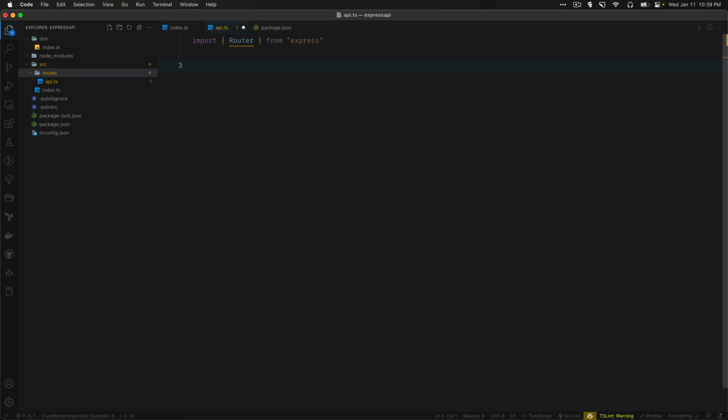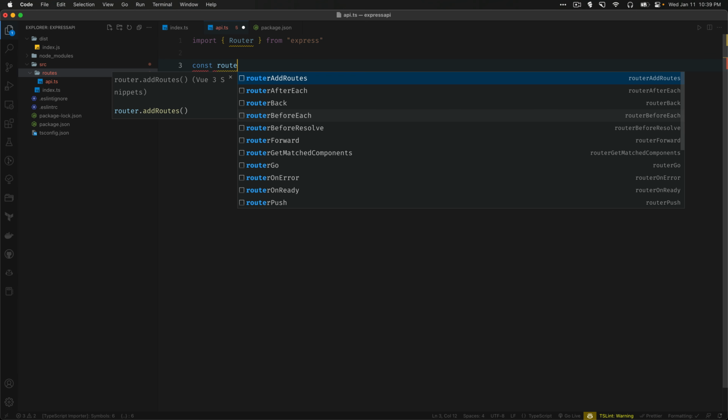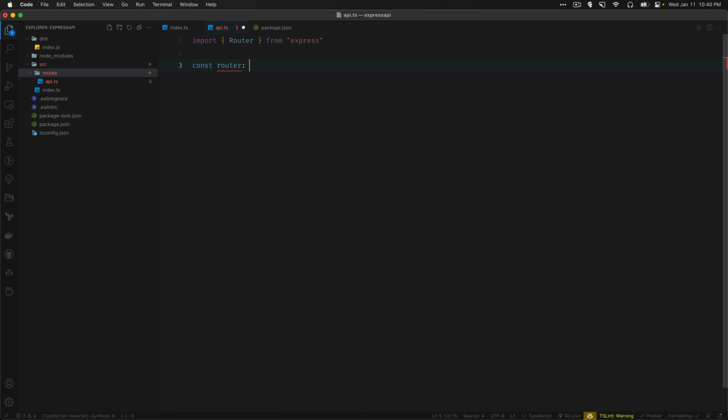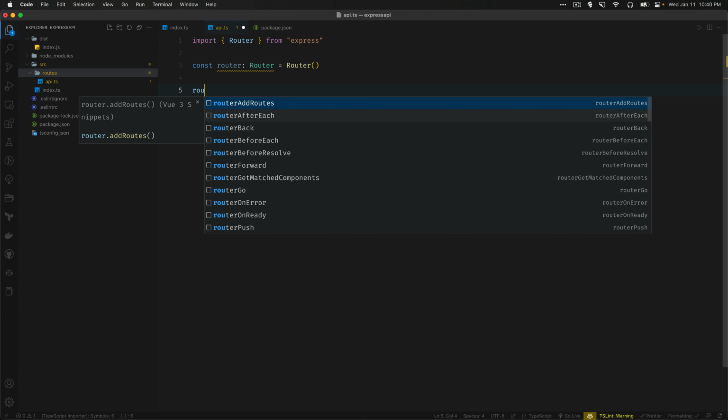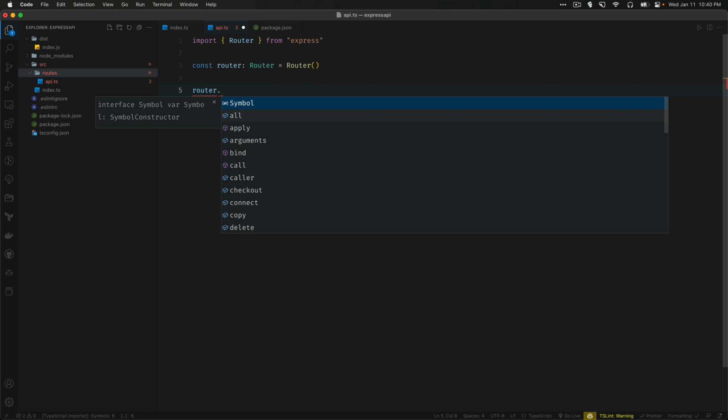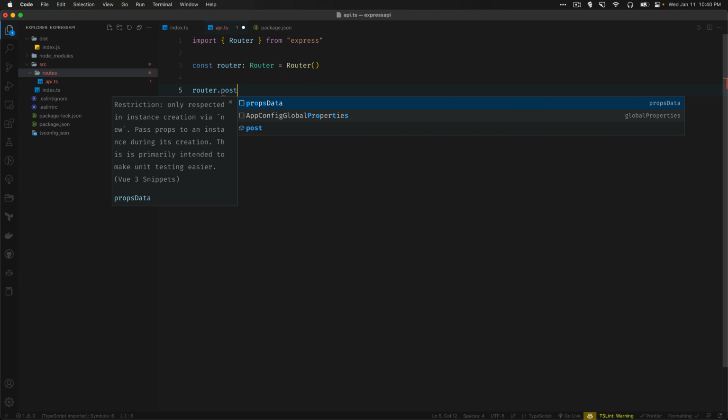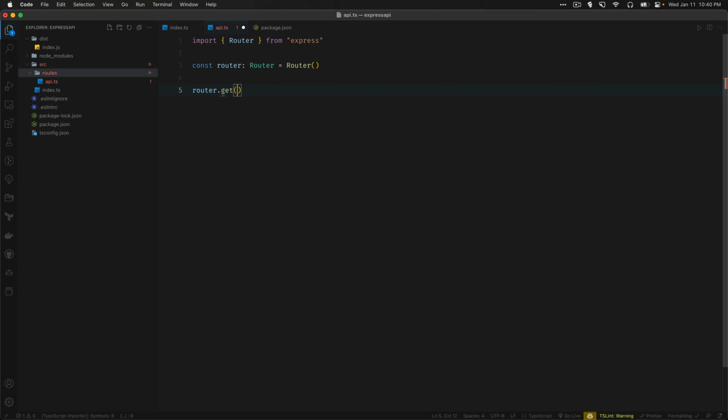Then we need to create the router. So we can say const router equal to Router. Then you can see router dot all the different functions that we can do here, like get, post, etc. So let's say get, and we're gonna put the URL to be